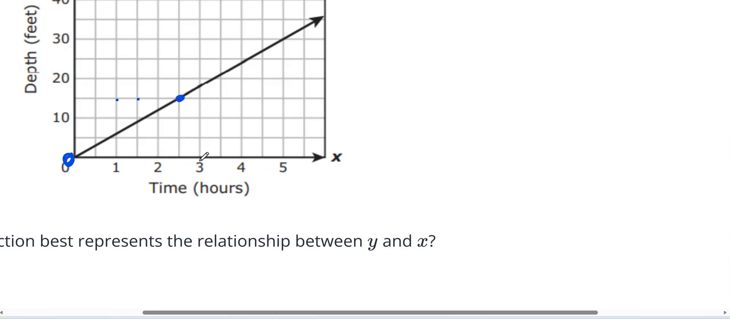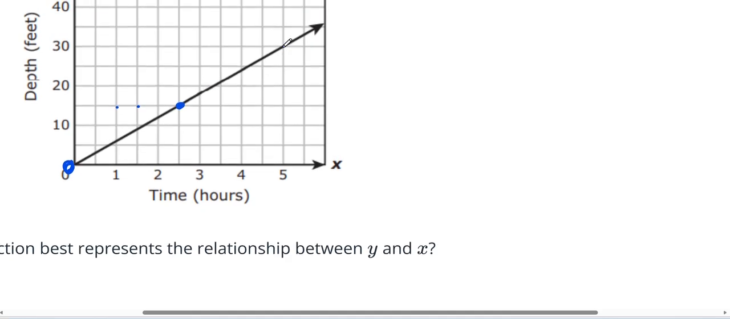So between here and here, I don't like that one. Both numbers, I know that's a 2.5. I don't want y'all to be freaking out. And that's a 15. I'm just going to continue going, and right here, yeah, that'll work. This coordinate is 5, 30